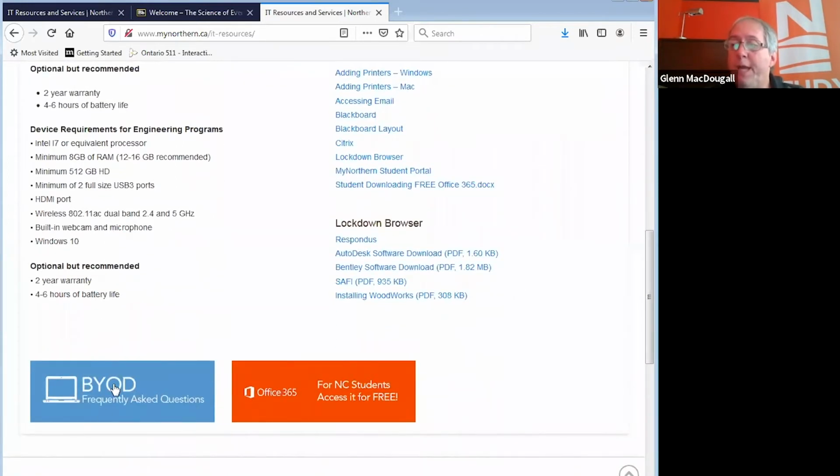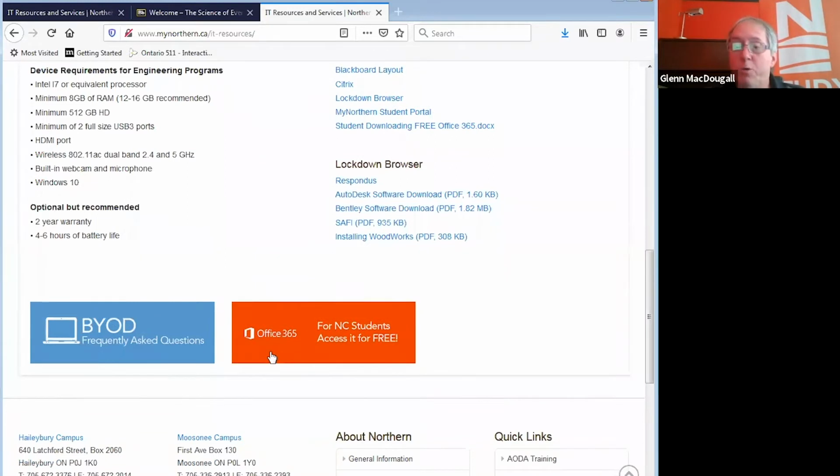All the information you need is here. In terms of other support, once you are registered here at the college, we give you access to a Microsoft Office 365 account. So you will get free software. Any software that is required for your programs, with the exception of only a couple, is provided to the students, either on our network servers or because we give you access to Office 365. So if you need Microsoft Word, PowerPoint, Access, Outlook, anything that Microsoft makes, including Microsoft Teams, you will have free access to that for the entire time that you are studying here at the college.